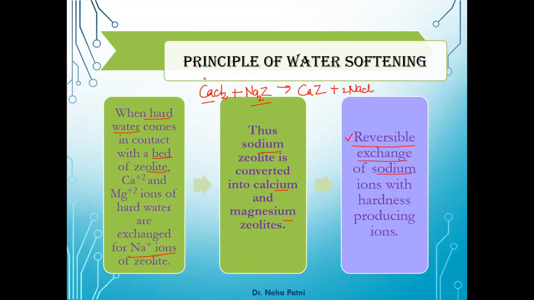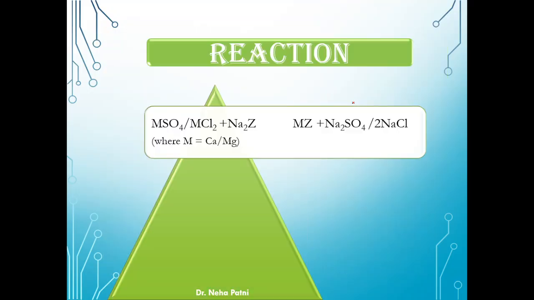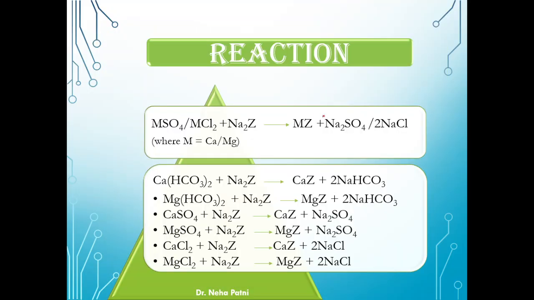As of now, if you take any hardness producing ion, be it magnesium sulfate, the reaction remains the same. It is going to get exchanged by the zeolite. So the zeolite is going to convert into calcium and magnesium zeolite, and that is how the water is free from that calcium magnesium ion. The major reaction which I just disclosed is the common reaction. Whatever calcium and magnesium ions or salts are present here, if you allow them to react with the zeolite, the zeolite is going to absorb that and it becomes calcium and magnesium Z.